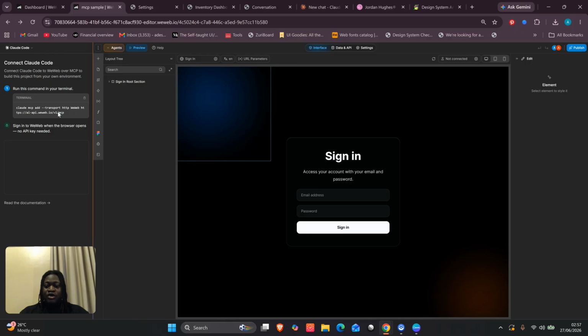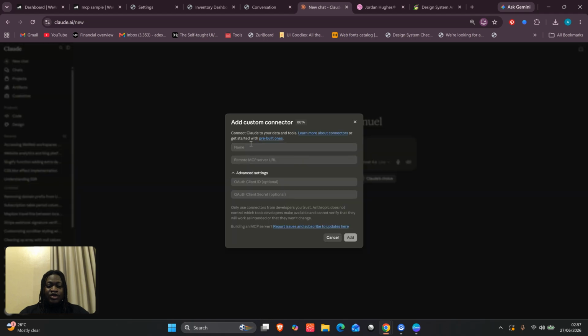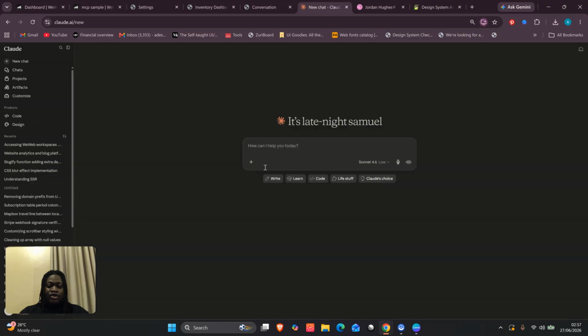So what you really need here is this endpoint right here that says WeWeb API V1 MCP. And what that does is you paste it into this place. Once you paste it, you get an option to connect and authenticate it, and then it opens the WeWeb